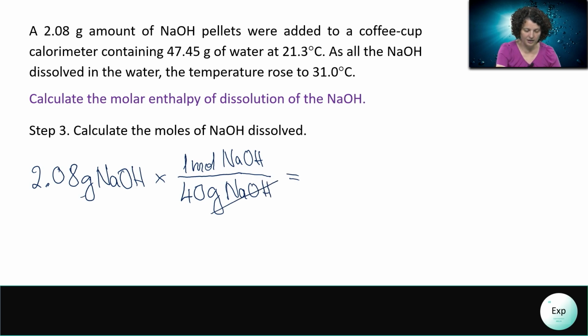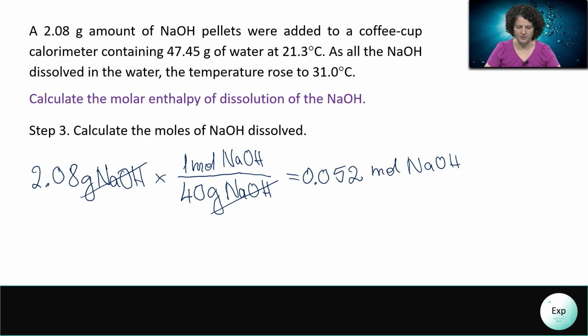From here, the grams of sodium hydroxide can cancel, and our answer will be in moles of sodium hydroxide, 0.052 moles. Notice that the question changed. Instead of calculating the heat of the solution of sodium hydroxide, the question is now asking for the molar enthalpy of dissolution. For that to be calculated, we needed both the heat of the solution and the moles of sodium